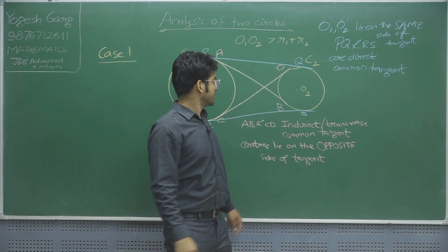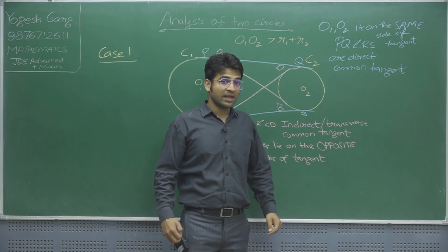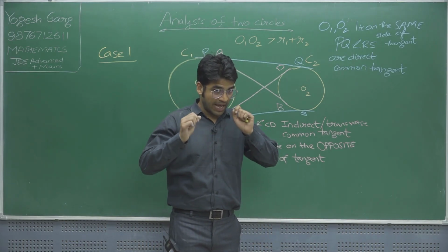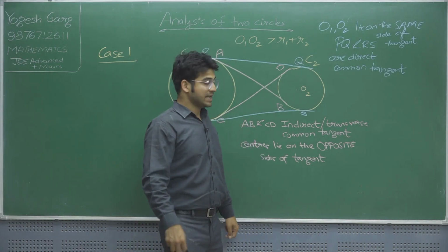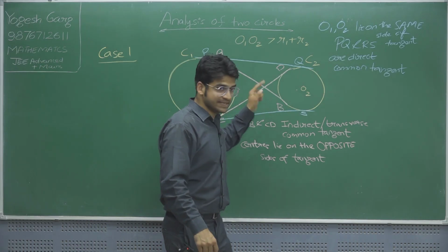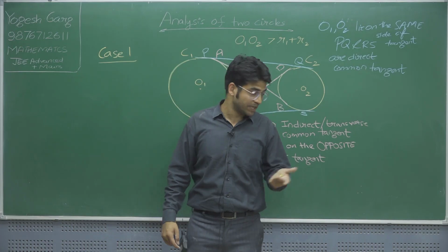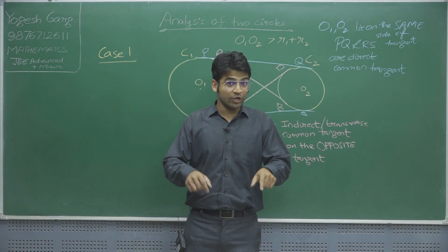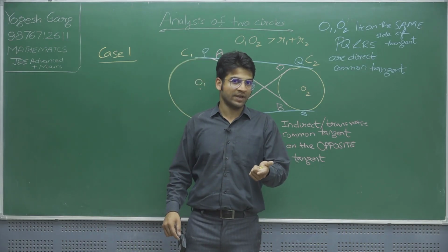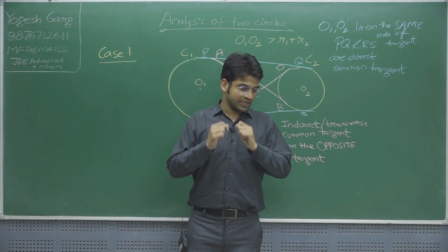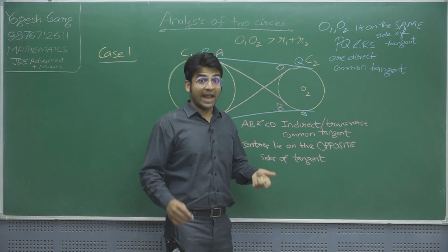What we can observe here is that we have two direct common tangents and two indirect common tangents. We are not done yet, we have to study something more important: how to find the length of AB and CD, and whether they are equal. Similarly, how to find the length of PQ and RS and whether they are equal. Also, we have to find the equations of AB and CD, and the same goes for PQ and RS. So let us delve deep into this. First, let us understand whether AB and CD are equal and how to find their length.